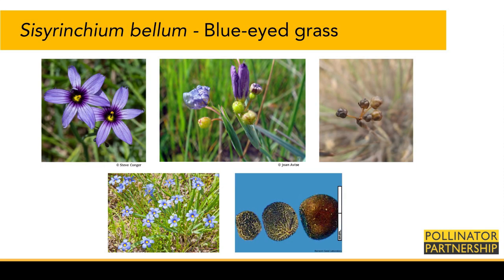Sisyrinchium bellum, or blue-eyed grass, is a delicate-looking but hardy native perennial that grows in clumps. Despite its name, it's actually part of the iris family. Plants have slender, flat, grass-like leaves and small, violet to purplish blue flowers with yellow centers. It typically blooms in spring and early summer and grows low to the ground, often in meadows, open woods, or